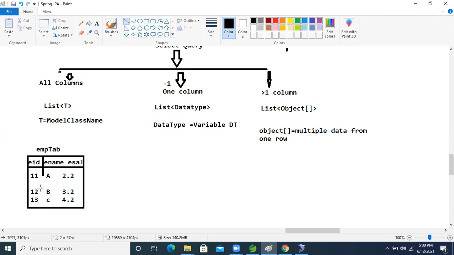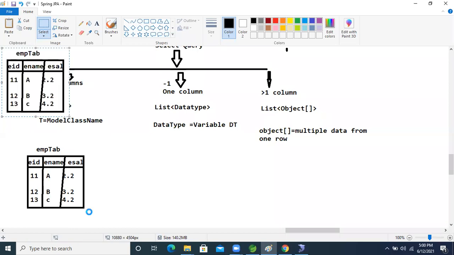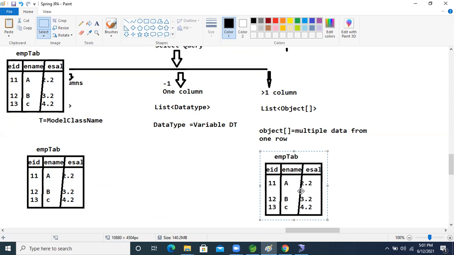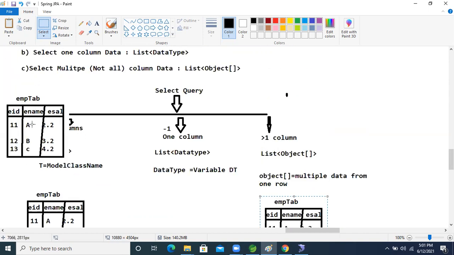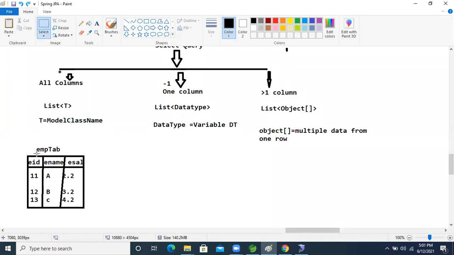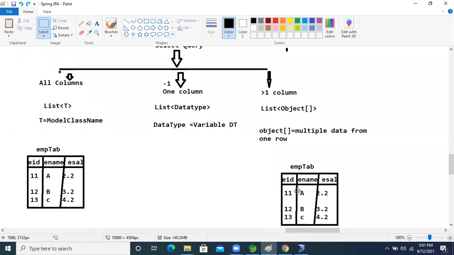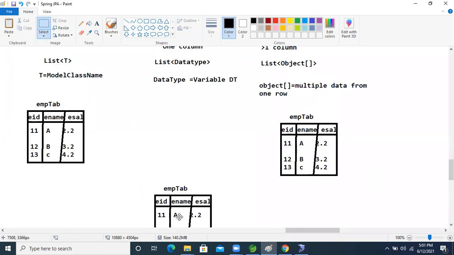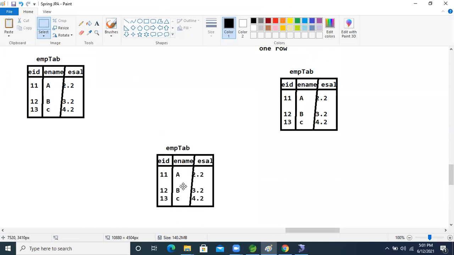Now what I'm going to do is copy the same table, because we have three operations. Copy 1, 2. Three tables I'm taking.